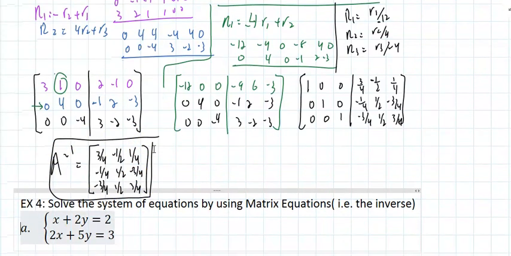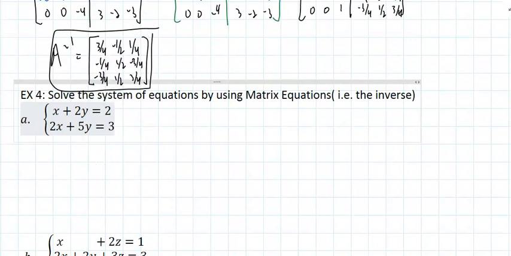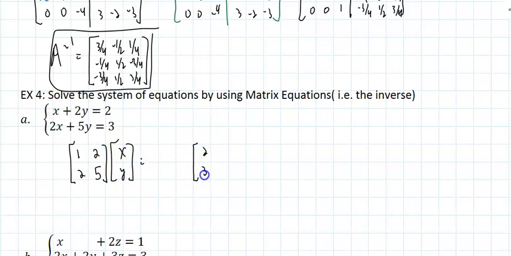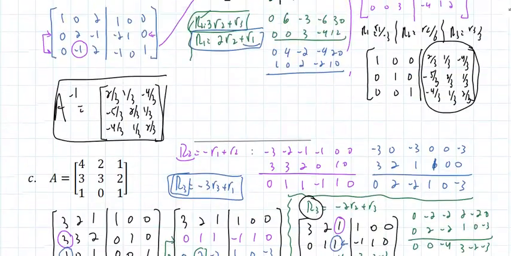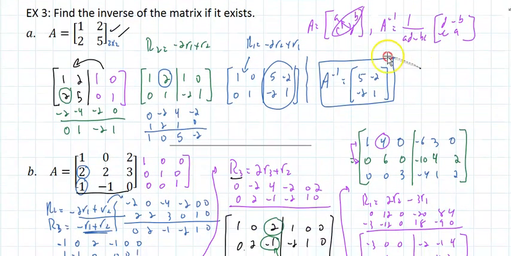Now, solve the system of equations by using matrix equations. What does that mean? Here, you don't have to do much work. Here, you have to write this as a matrix equation. So, if I was you, I would leave some space before 1, 2, 2, 5, matrix equation. Leave some space. Now, on your exam and the homework, if you look back at 1, 2, 2, 5, you'll notice you already found the inverse for that on the previous problem. And the inverse for that was,